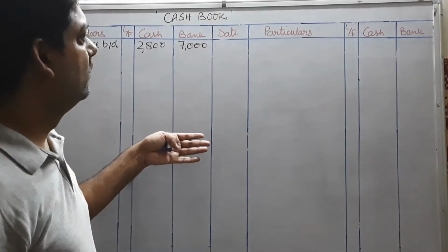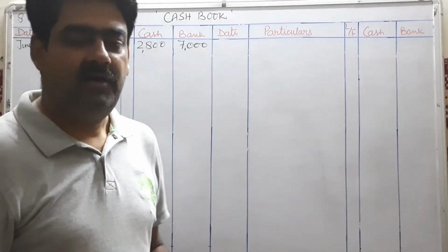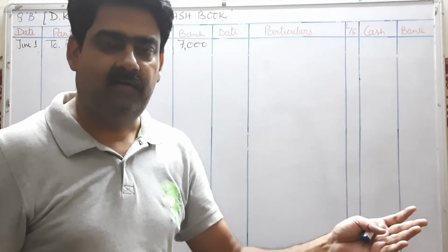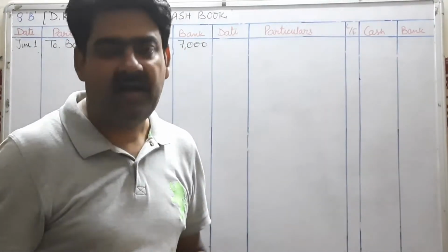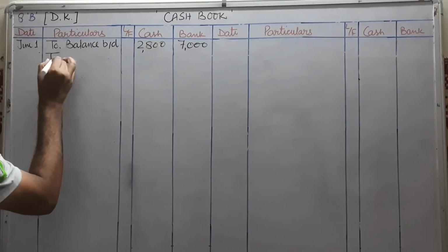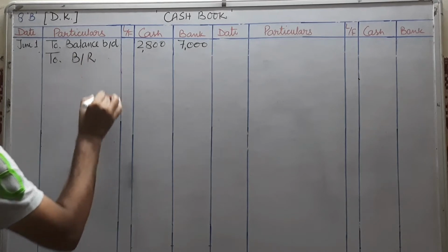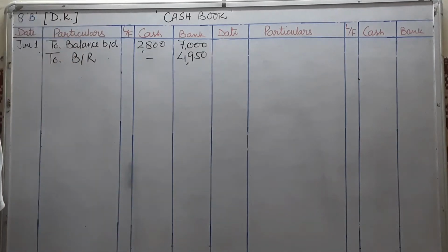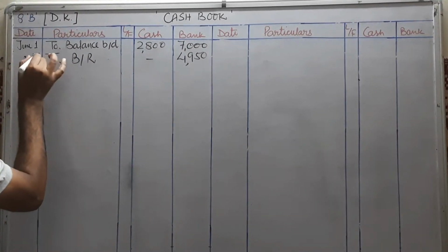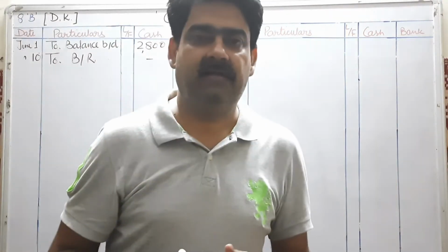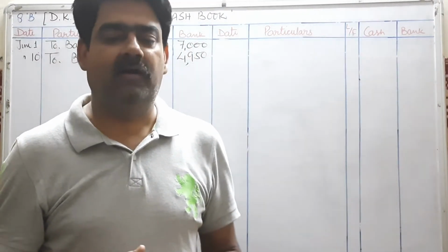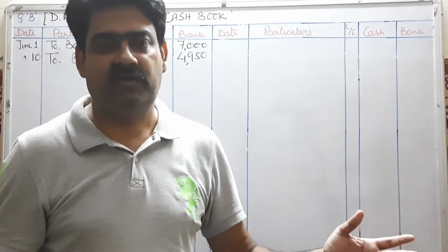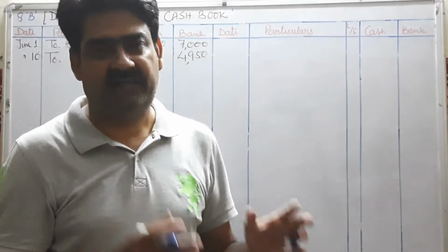So apart from format of cash book, in such questions you have to prepare format of journal also. So such transactions will come in journal. Okay, so bank account debit to BR, treatment will come in debit side to BR, and amount will come in bank column, that is 4,950, and date was June 10. So always remember one thing, whenever you will prepare double column cash book, apart from format of cash book, you have to prepare format of journal also for writing entries of discount. Okay.